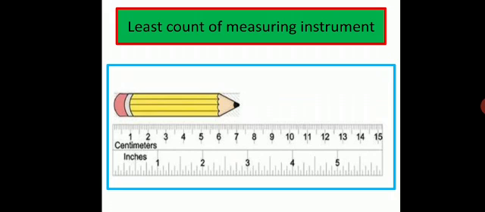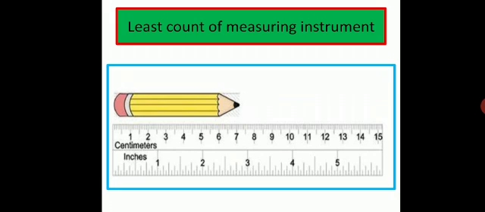But you cannot exactly find out what is the correct measurement. So you could write the measurement of the length of a rod or a pencil as 7.23 centimeter also. But you are not sure whether it is exactly 7.23 or 7.3 centimeter or 7.4 centimeter. You cannot easily figure out exactly. So you can only take the correct reading up to 1 decimal using this meter scale.